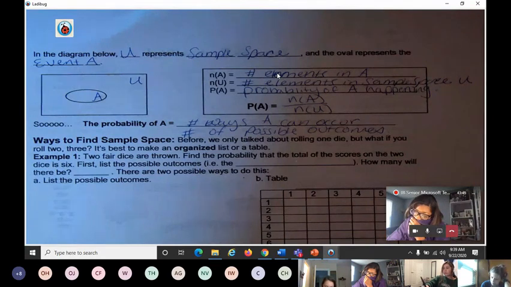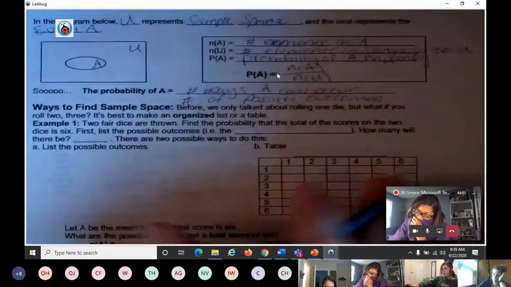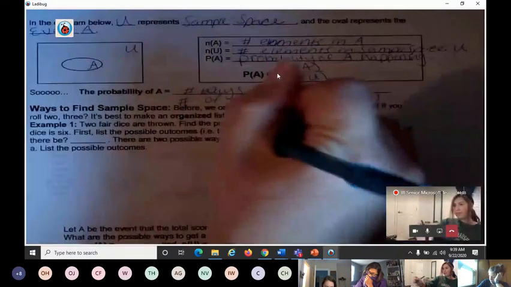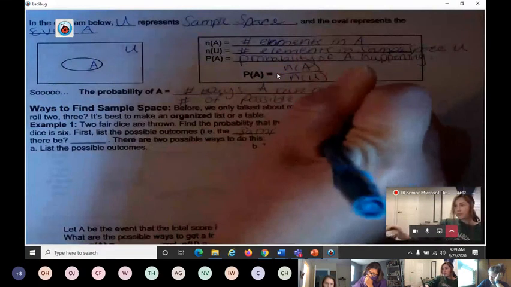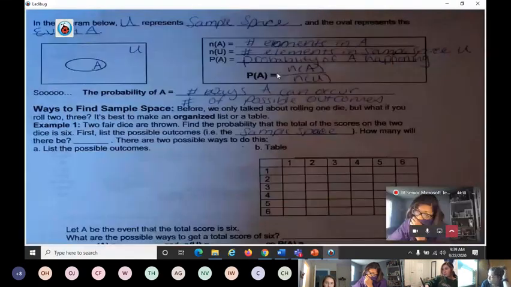Find the probability that the total of the scores on the 2 dice is 6. First, we have to list all of our possible outcomes, i.e. the sample space. Sorry for my handwriting. How many will there be? So we have